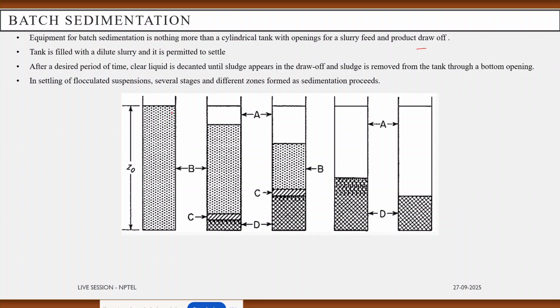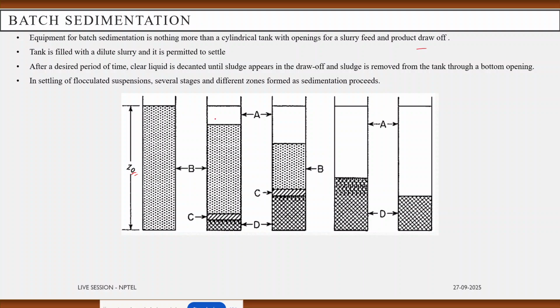Tank is filled with dilute slurry and you can see that initially the solids are high enough in concentration that the sedimentation of the individual particles or the floc is hindered by the presence of each other, and they all settle at a common velocity at the very first, and when it is uniformly distributed in the liquid the depth of the suspension is z0,